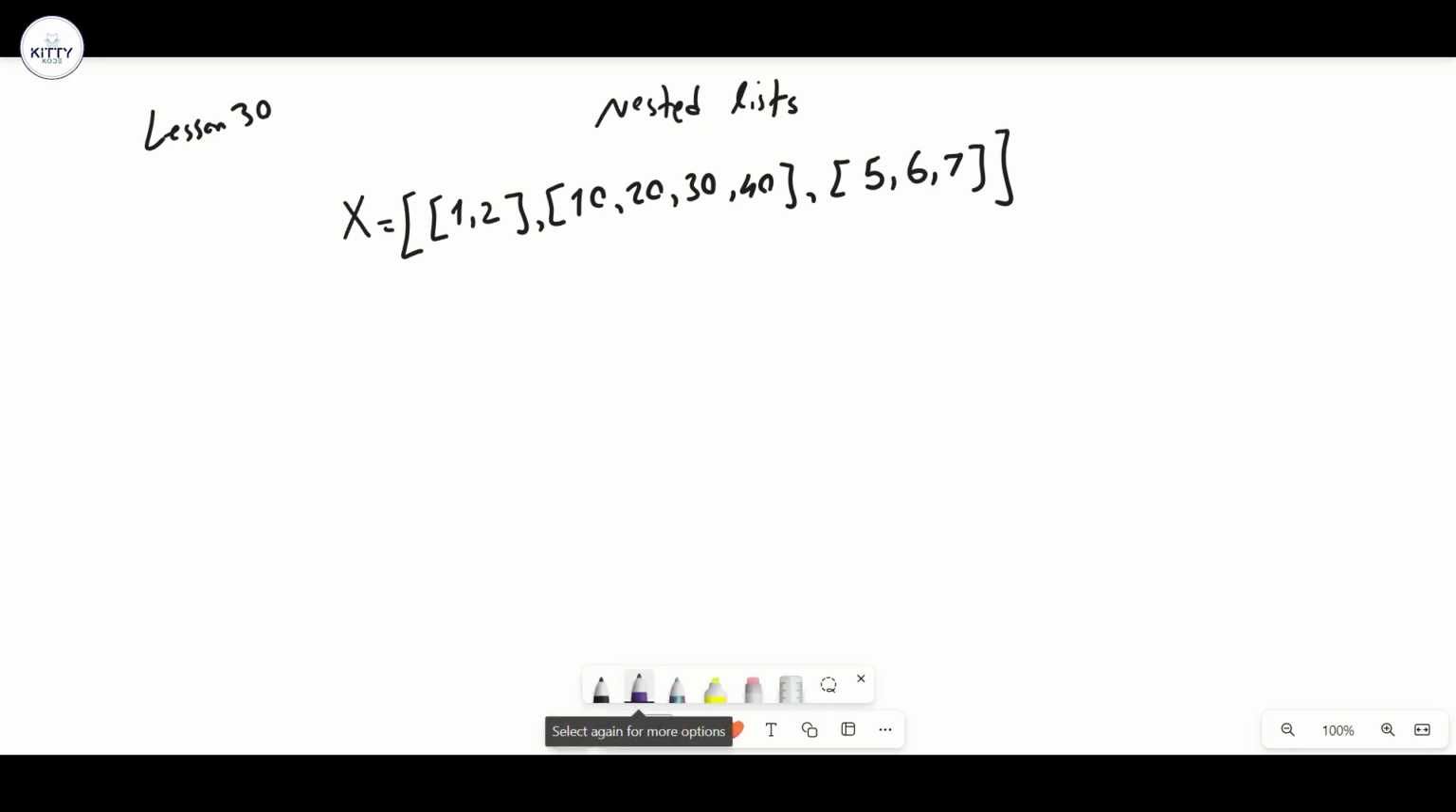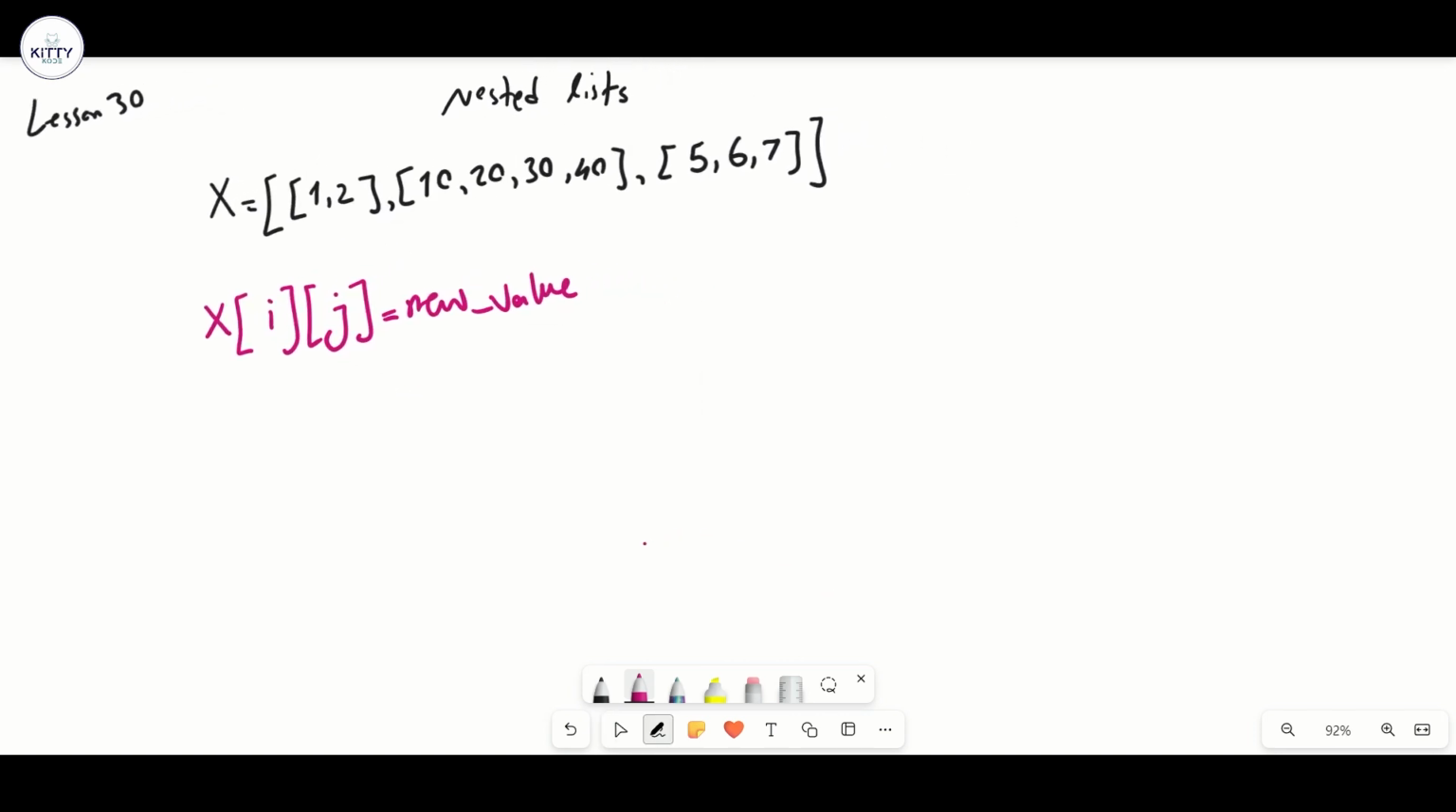So you know how to access an element from a nested list. So what about changing an element in a nested list? So you simply write the name of the list and then the location of the element that you want to change or update, its value. So x[i][j] equals the new value. So let's say I want to change the value of 5. I want to have 15. So x